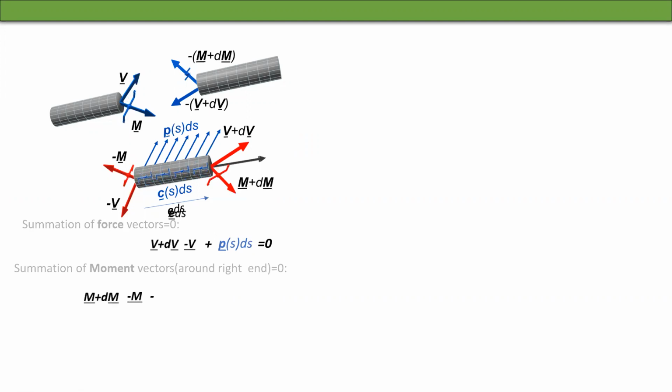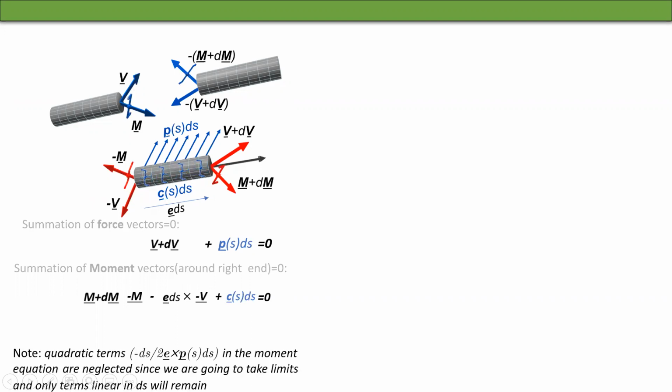There's the negative moment from the other side, and then I have to do the cross product of these two things. E ds is the moment arm, and minus V is the force. So minus E ds cross minus V, or cross F. Okay, that's how much moment will be there. And then all the concentrated moments will add up, and that's how you get 0.